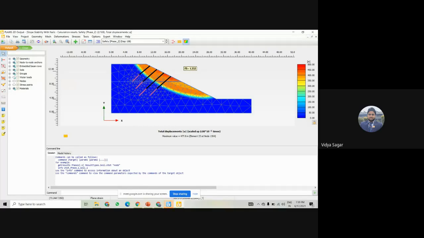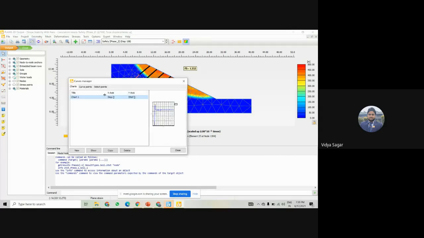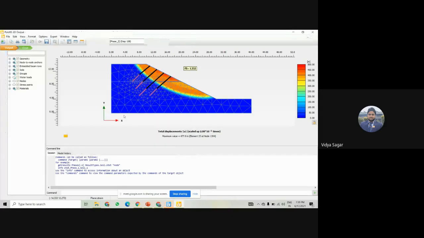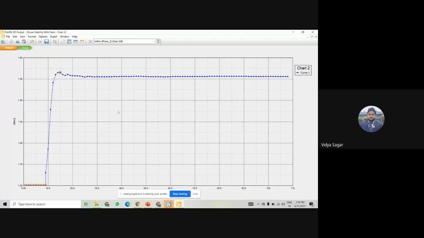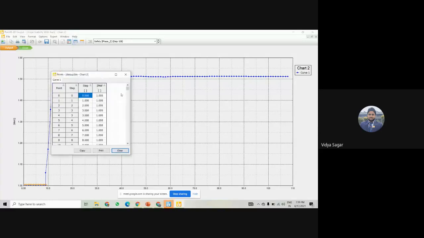So now we'll see the factor of safety. What is the change in the factor of safety after applying the nails? It should be increased. Okay, so now you can see it goes to 1.5. 1.512.